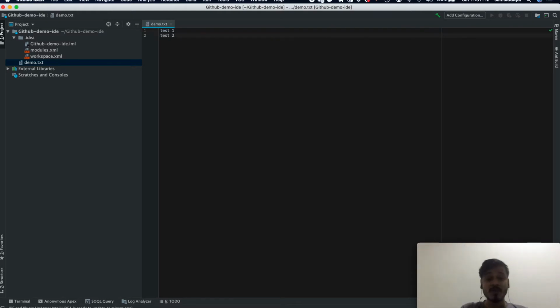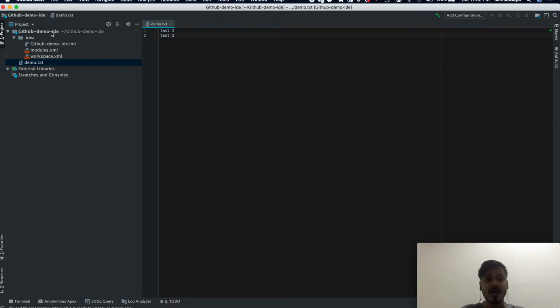Say for example you are working on any automation tool, or maybe you are working on any POC and you are not aware of utilizing the command line git. So you can utilize this functionality of any IDE, and then you can push all the code that you have written to the GitHub repository by creating the repository from the IDE itself.